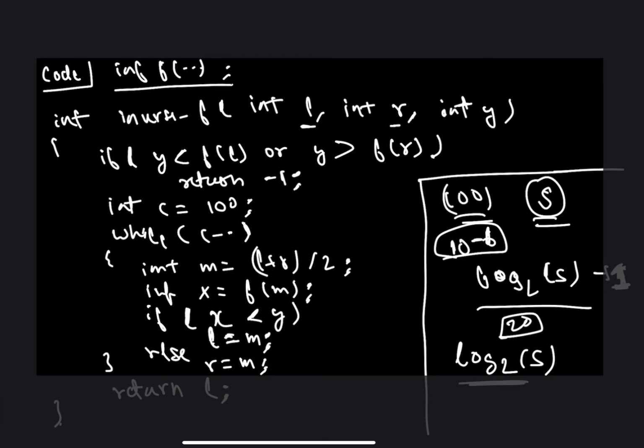And another factor that you need to consider is the time for computation of the value of a function. All right. So let's just call that O of x, and x is the time for computing the value of a function. Because at each iteration we are computing the value f of m. All right. And we cannot guarantee that this operation takes O of one time or O of constant time, so we need to consider that as well. So the total runtime complexity for this entire algorithm will be log 2 s into O of x, where x is the time for calling that function once.